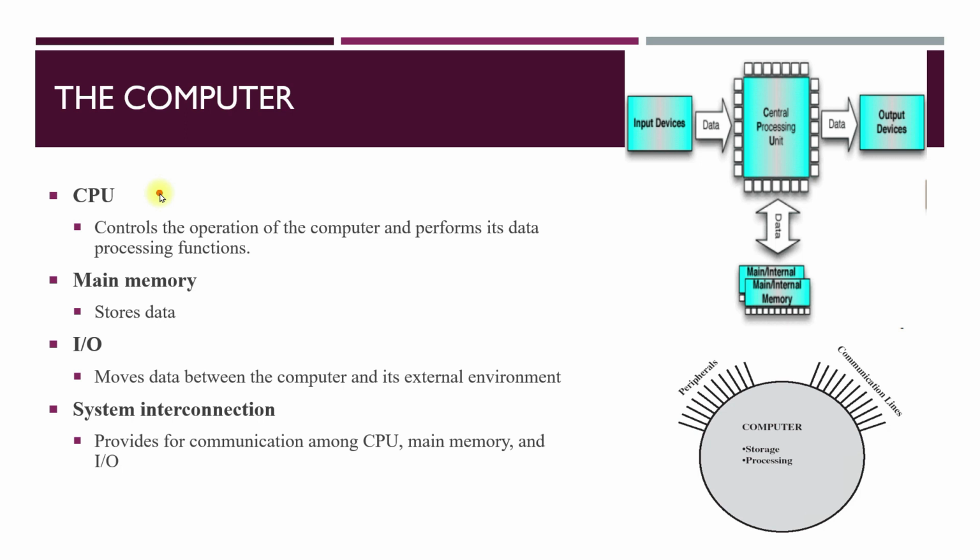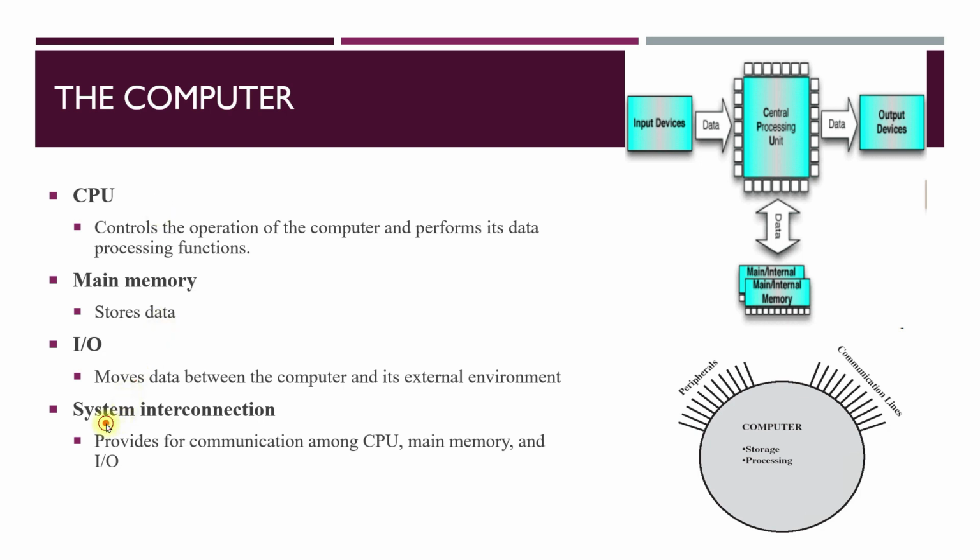Then input output units. Input output devices are usually used for transfer of data between the computer and the external environment. Input devices include keyboard, mouse, etc. And output devices can be a printer, which is one example of an output device. So the transfer of data between the input and output devices along with the processor is carried out in the computer.